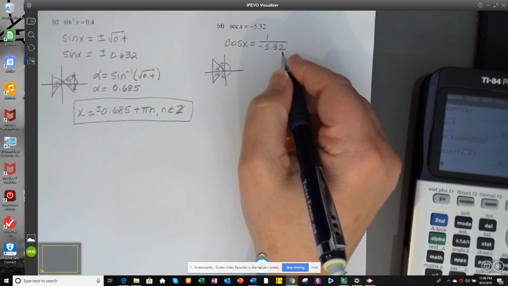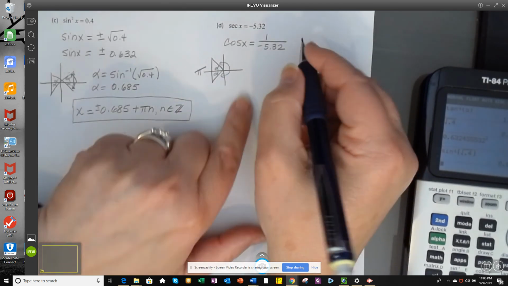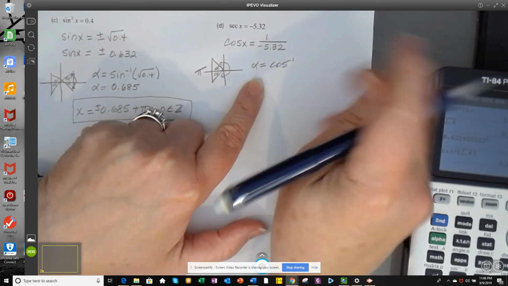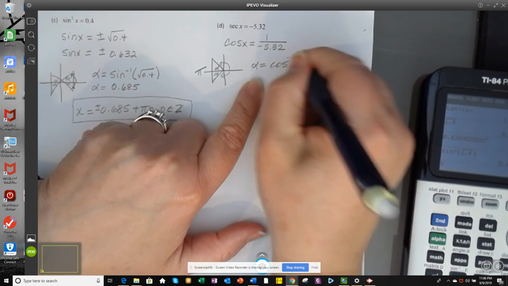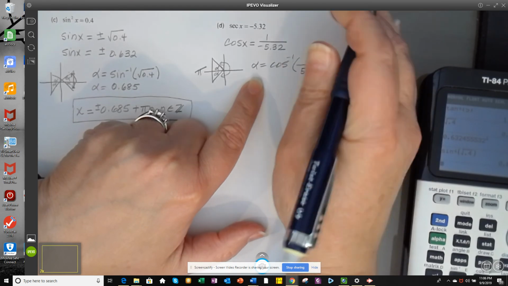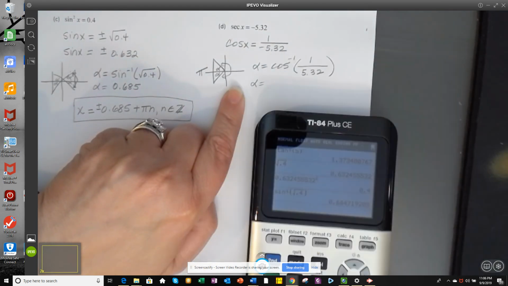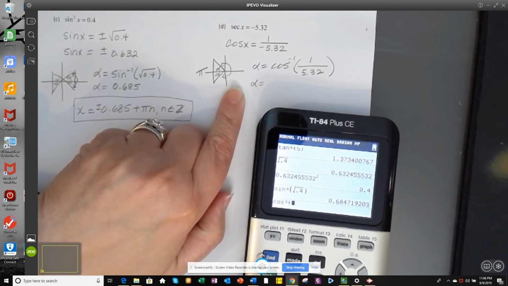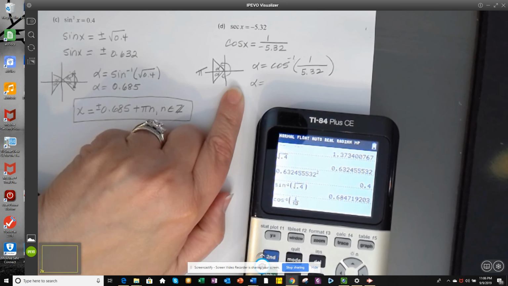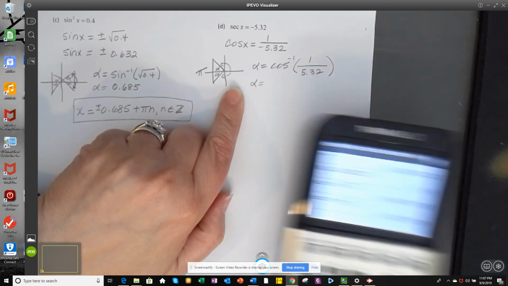If I'm finding all of them, and remembering this is pi. Okay, but I don't know what alpha is. So alpha is going to be the inverse cosine of, watch it now, because it has to be of the positive, because alpha is a positive first quadrant angle, 1 over 5.32. I just leave it like that. All right, so let's see what we get when you do that. Inverse cosine of 1 divided by, well, we can use our little fractional thing, can't we? I forget that we can do that. I can go alpha F1 and get my numerator over my denominator and get 1 divided by 5.32, and we get 1.382,